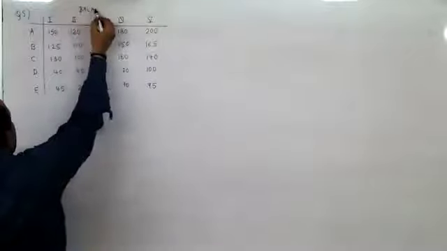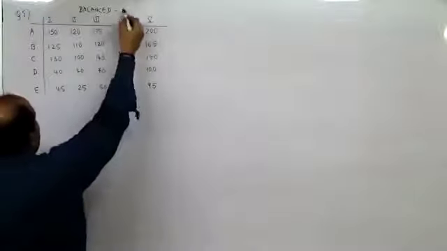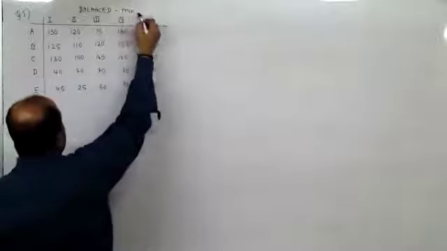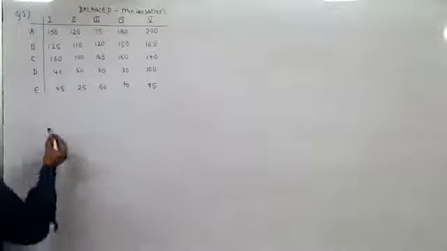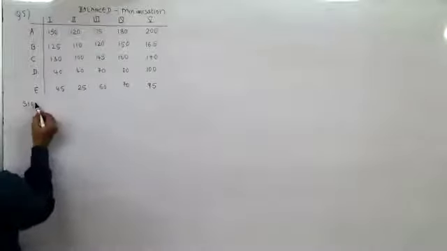Now, 3 milk tankers are to be used on 5 delivery routes. This is distance in kilometers. The following, how should the milk tankers be assigned so as to minimize? This is balanced assignment. Since number of rows and number of columns are same, balanced assignment. Now, minimization problem. Balanced assignment and minimization problem. So here, first you'll have to subtract, row minimization would be the first step.